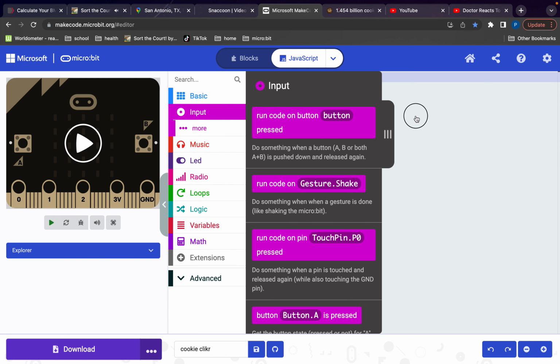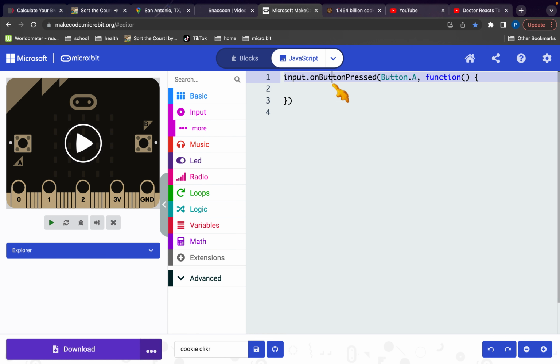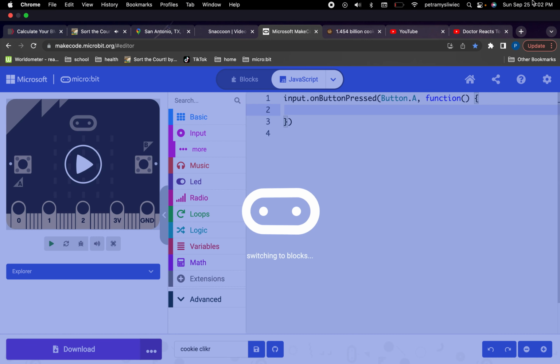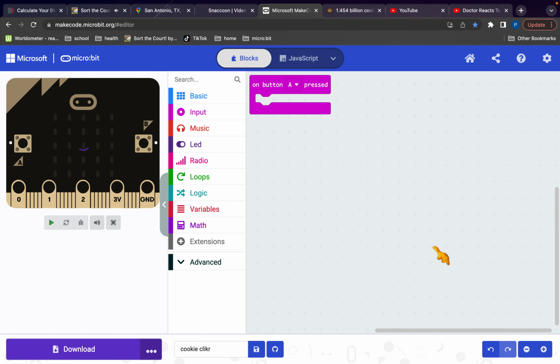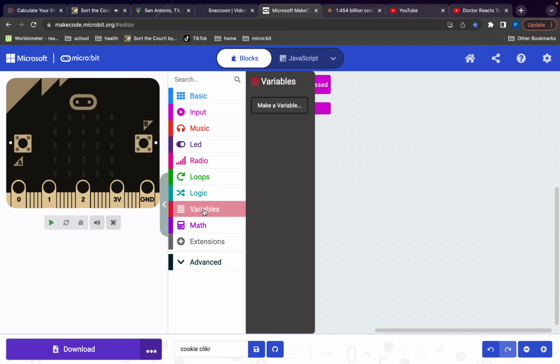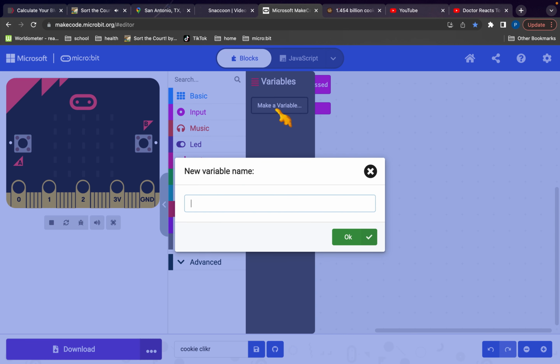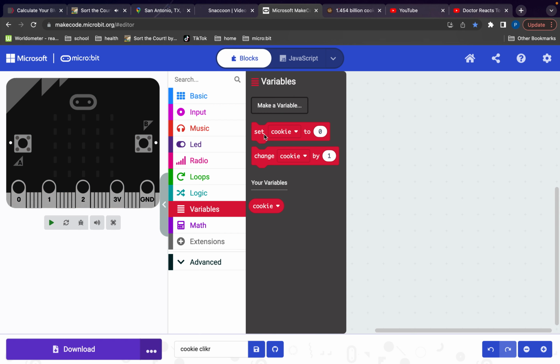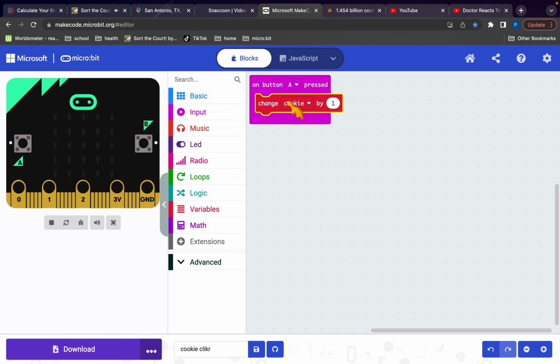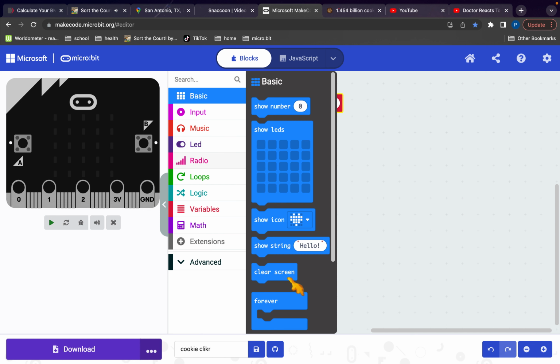Input, run code on button pressed. Now we're just gonna move over to blocks. We're kind of gonna be switching from blocks to JavaScript because some things are easier on blocks and some are easier on JavaScript. Variables, make a variable, cookie, okay. Change cookie by 1. And then we're going to do a basic